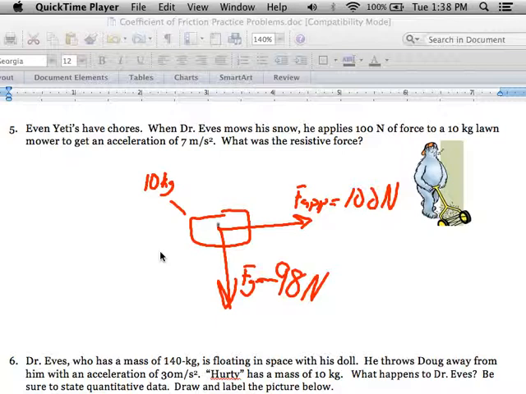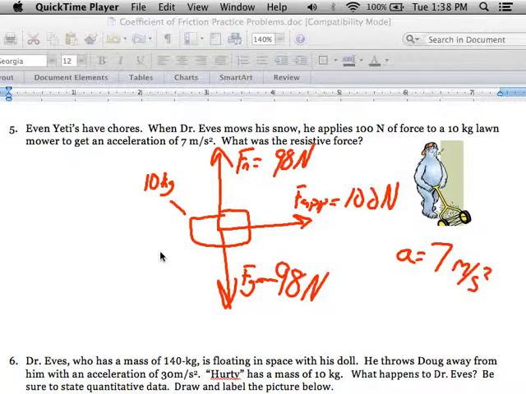And then, of course, the ground is pushing against him. So that gives me a normal force equaling a positive 98 newtons. Okay. He is able to get the lawnmower to accelerate at 7 meters per second squared. So I know now that my acceleration is equal to 7 meters per second squared. So if I know my acceleration, and I know the mass, now I can figure out